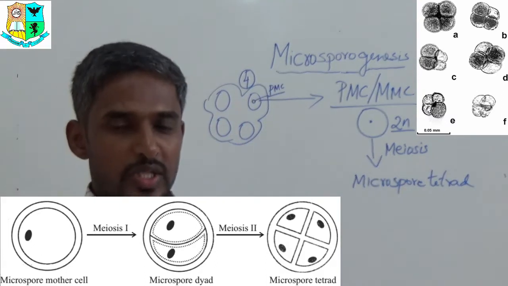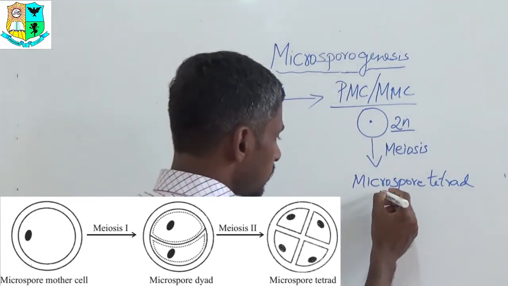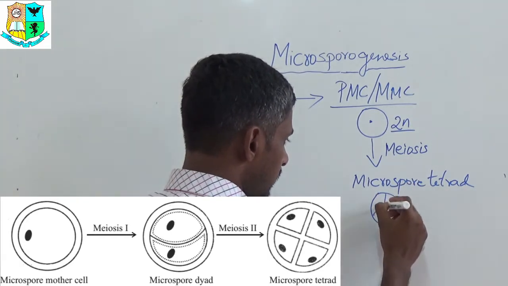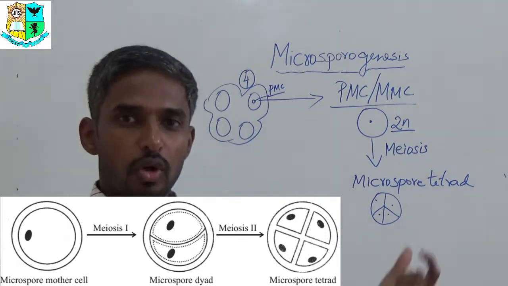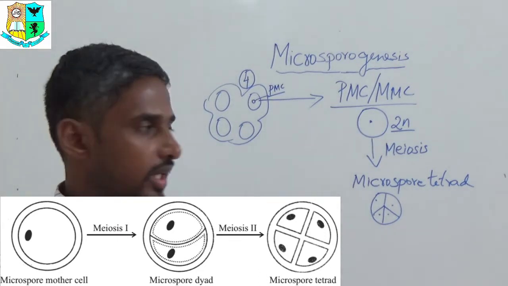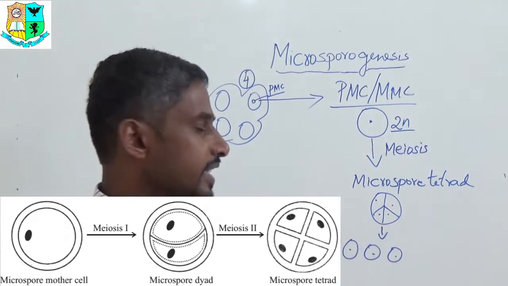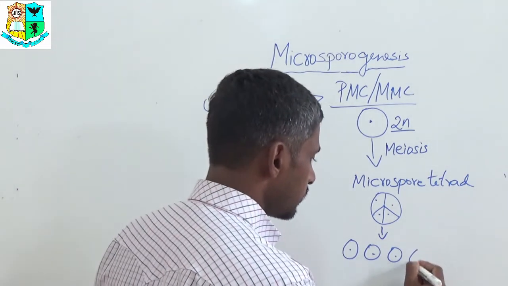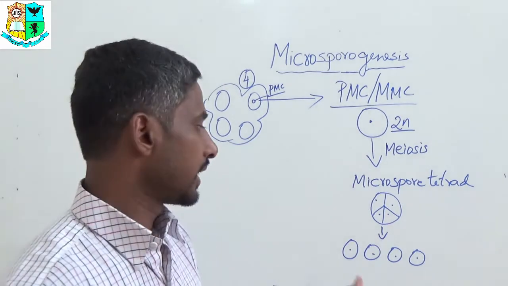That means actually it is producing 4 microspores, but since they are attached to each other, they are not divided. So we get 4 microspores which are attached together, and therefore it is called microspore tetrad. These microspore tetrad later on separate, and they give rise to 4 separate pollen grains, and these are called